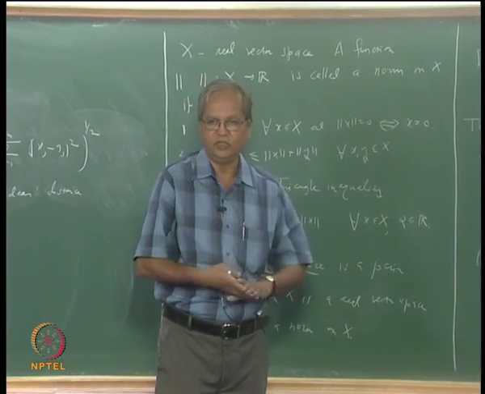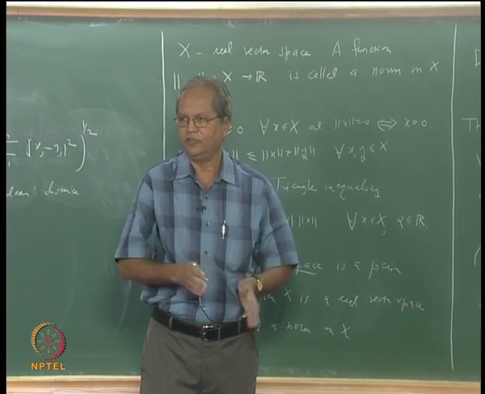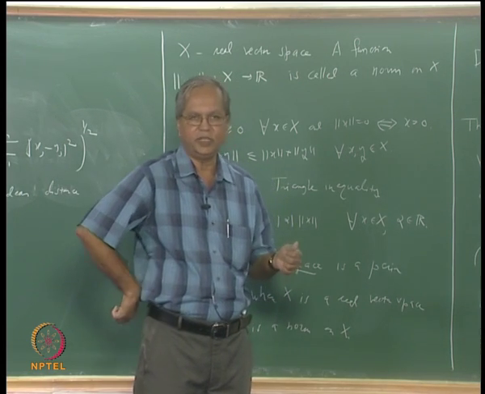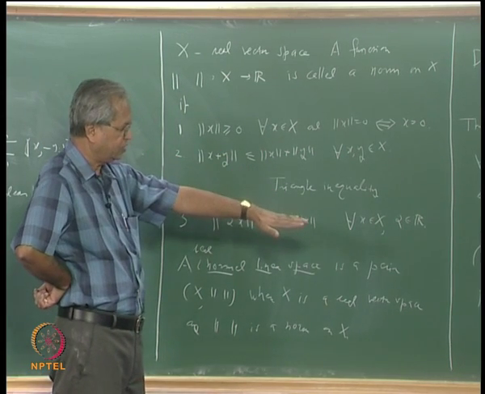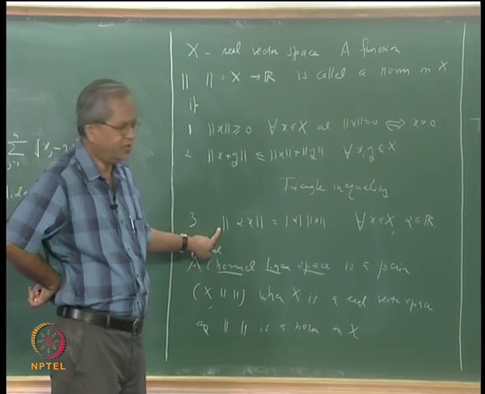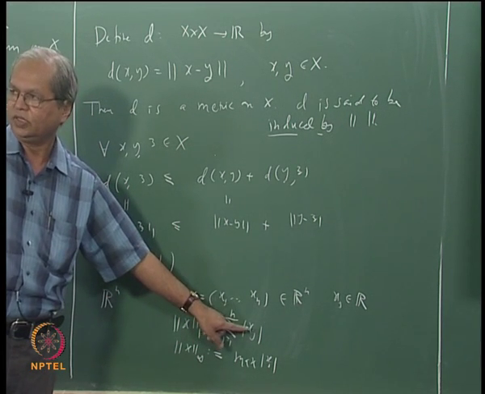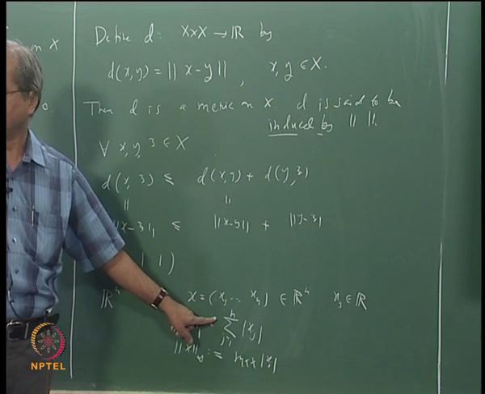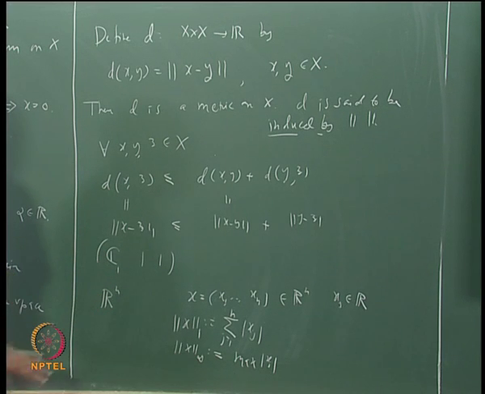The real thing that needs verification is the triangle inequality; other properties are usually straightforward. Once the definition of a distance is given, verifying that it is a metric is easy. Similarly in the case of a norm, once the definition of a norm is given, verifying the other properties is usually trivial. For example, norm of alpha times x is the sum of mod alpha times xj; that mod alpha comes outside the summation sign, and that is nothing but mod alpha times norm x. Similarly in the case of the other norms. The real verification where some work is required is for the triangle inequality.